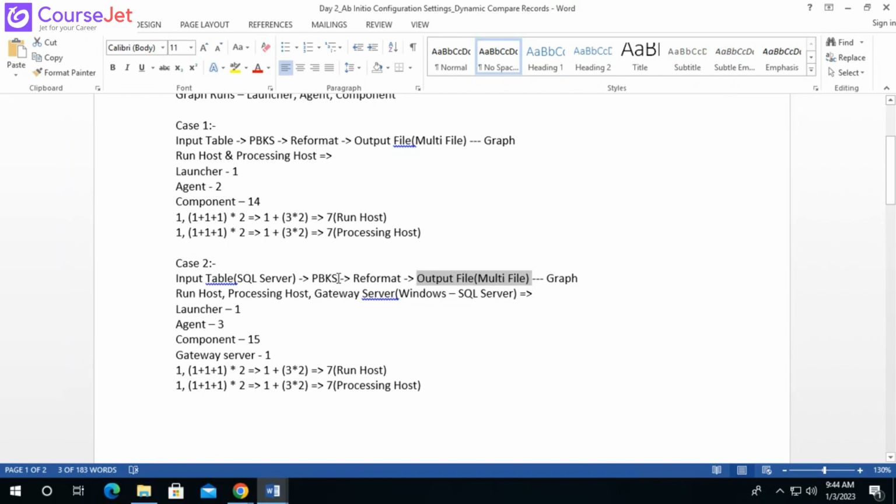So the partition by key and sort can work in serial as well as in multi-file. If you are going to use this PBKS in a serial way, we can use PBKS or any partition components in a serial way. Whenever we use PBKS or any other partition components in a serial way,